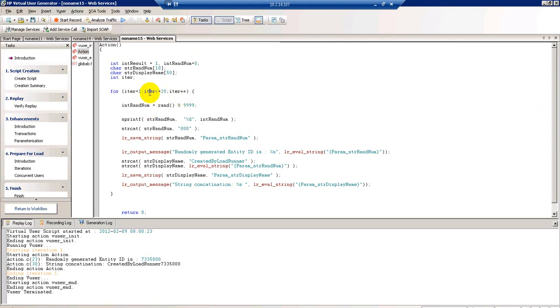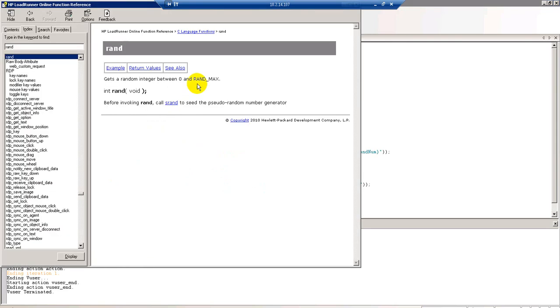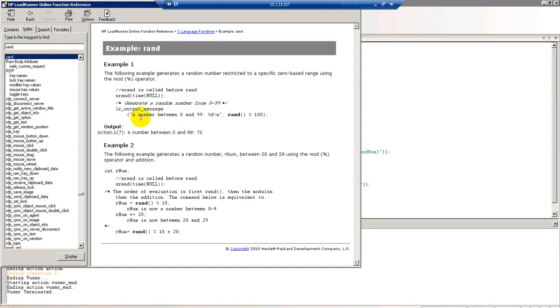Because when it comes to iter 1, 2, 3, 4, 5, 6, until this condition is met, it will execute these statements. Next I am using this variable I declared here, int random number equal to rand. Rand is a predefined function. I am just selecting this function and pressing F1. You can see the help to get more detail about what rand is. It gets a random integer between 0 and RAND_MAX. If you see the example,